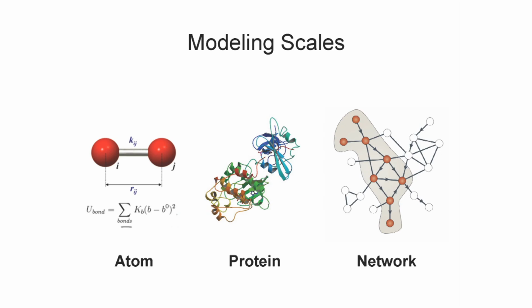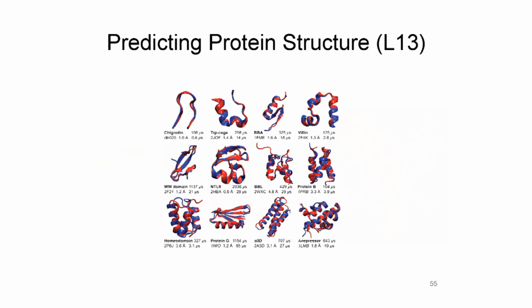There's been an amazing advance in our ability to predict protein structure. So it's always been the dream of computational biology to be able to go from the sequence of a gene to the structure of the corresponding protein. And ever since Anfinsen, we know that at least that should be theoretically possible for a lot of proteins, but it's been computationally virtually intractable until quite recently. And a number of different approaches have allowed us to predict protein structure.